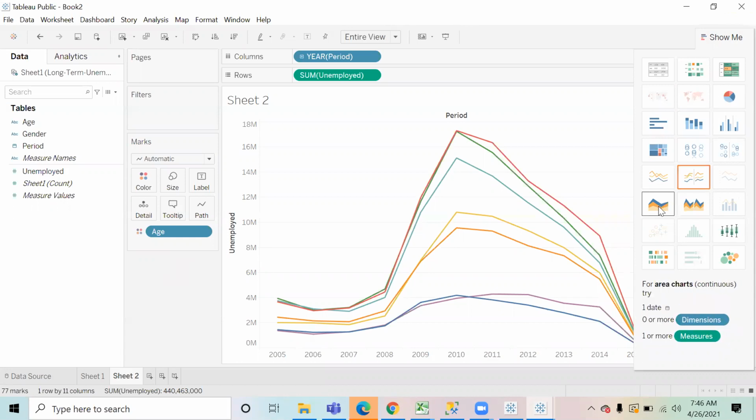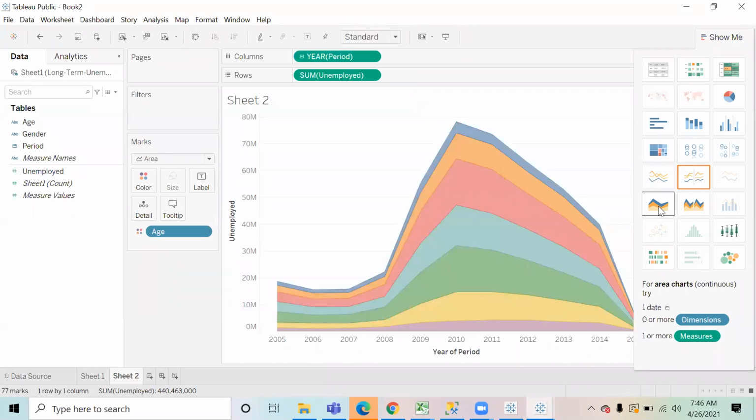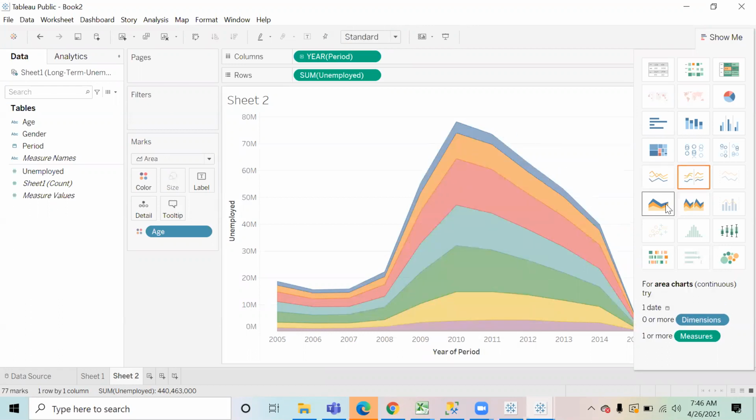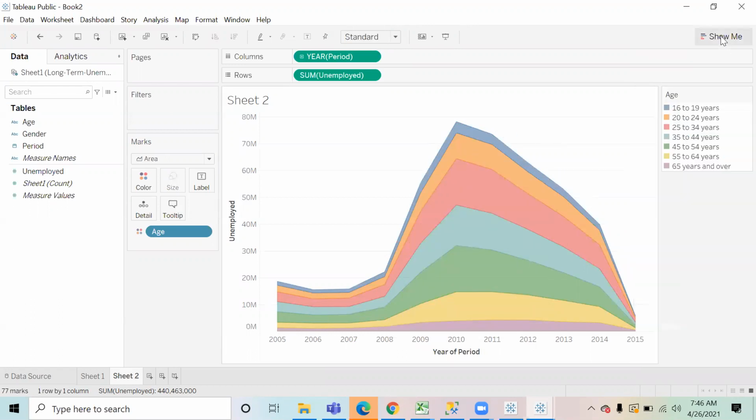If you click on this chart area, so please click on this area chart. The line chart has been converted into an area chart now. So can you all comprehend this chart now? What has changed in this? Since the red one is having the highest area, that means it has the highest unemployment. That is 25 to 34 years. But there is no overlapping of the lines. Why is it that? Yeah.